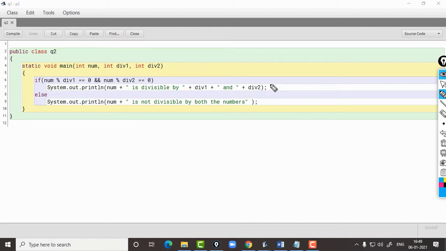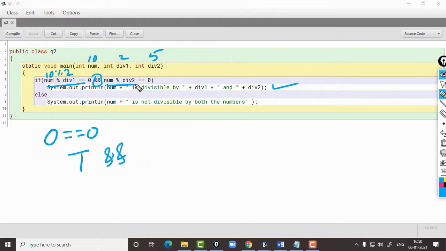If both the conditions are true, it will print that num is divisible by div1 and div2. Let us assume some values, let us say 10, 2 and 5. Num is storing 10, div1 stores 2 and div2 stores 5. Here the expression will become 10 modulus 2, which will give me 0. So the expression becomes 0 equals 0, which is true. Then I have the AND operator and then num modulus div2.